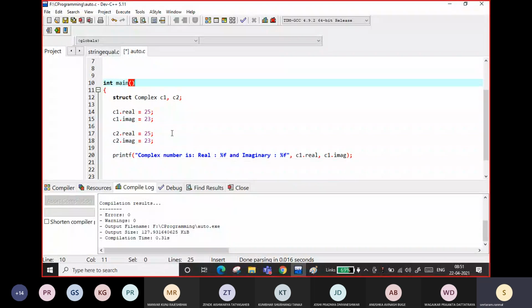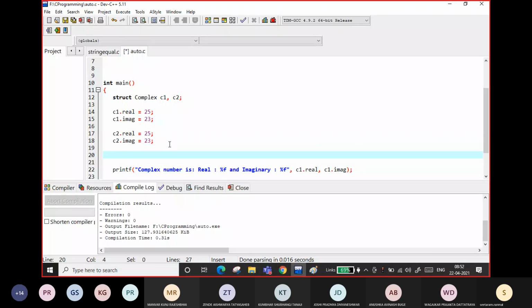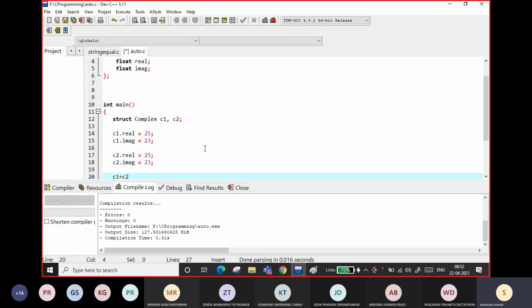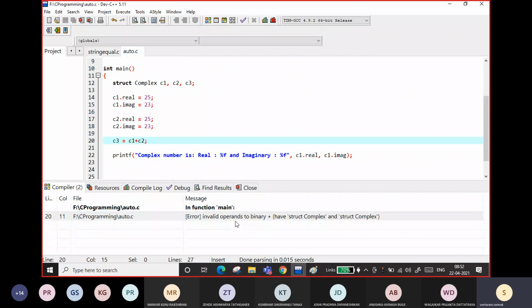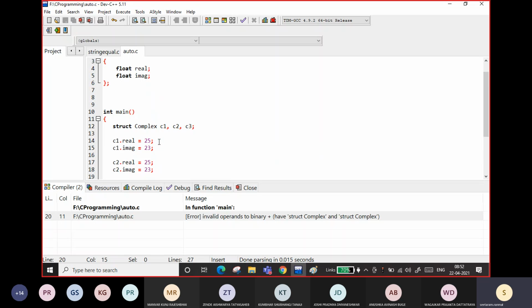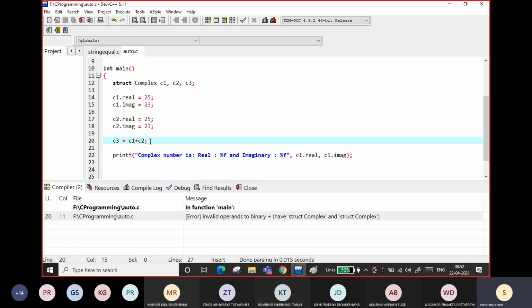Now, if we will do C1 plus C2, if I will have C3 equal to C1 plus C2, it will give an error because computer doesn't understand how to do the addition of these complex numbers, right?